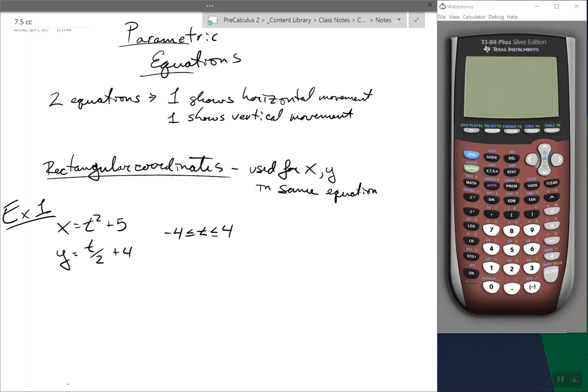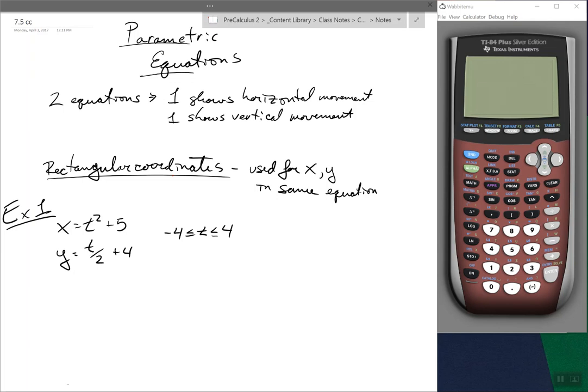Well, parametric equations are a pair of equations, two equations that show movement. One equation shows the horizontal movement, one equation shows the vertical movement. They're called parametric, not because they're a pair, P-A-R-A, but because they are using a parameter, a third variable, to express that movement. So our horizontal movement is going to be an x equation, and then our vertical movement is going to be